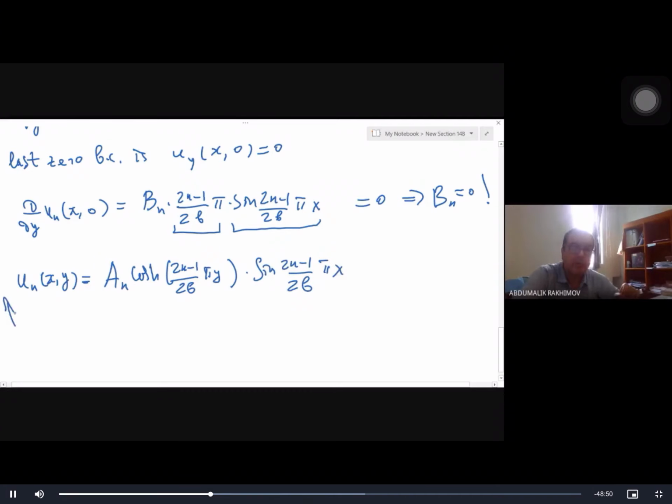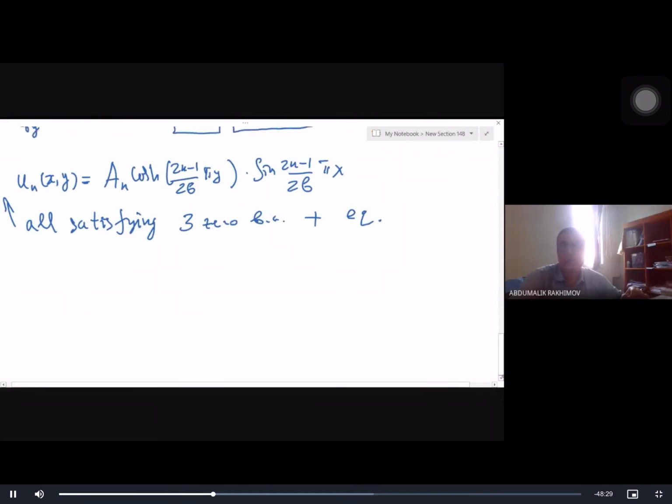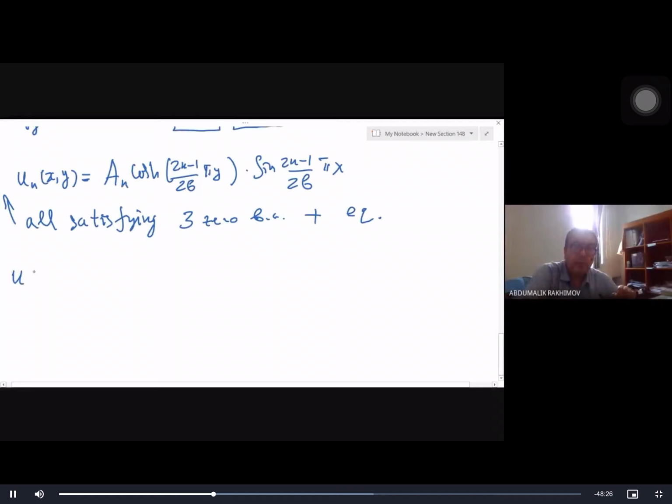Now what we can say, all of them satisfy the three zero boundary conditions and the equation, right? So now our problem has one more boundary condition which is not 0. Then for the solution, we will search for u as a summation of all these u_n. All these u_n means the sum from n = 1 to infinity of a_n cosh((2n−1)/(2b) π y),